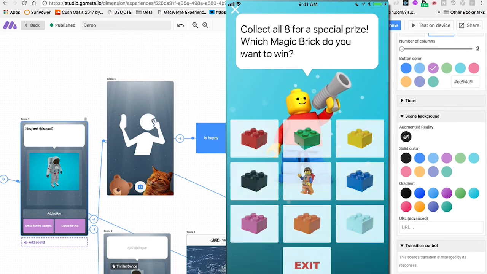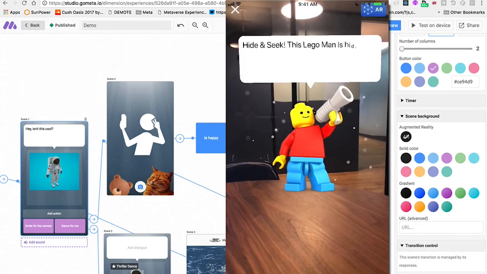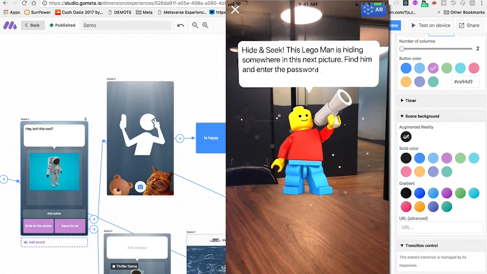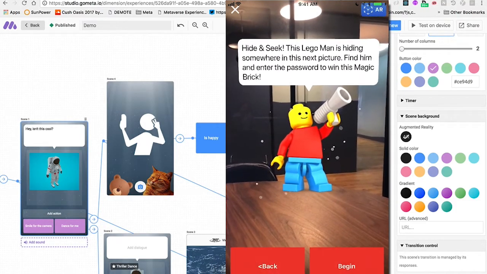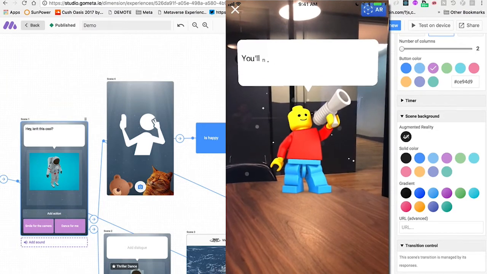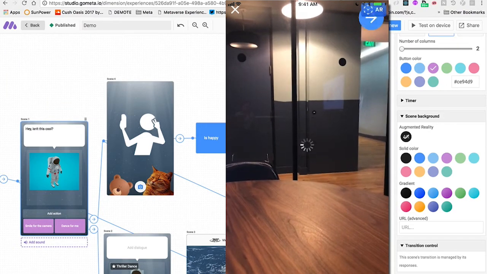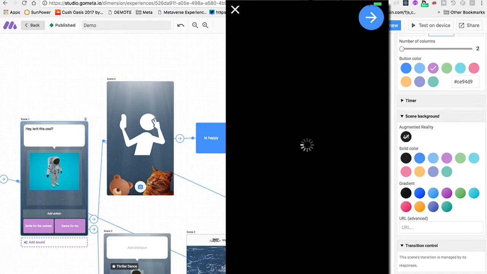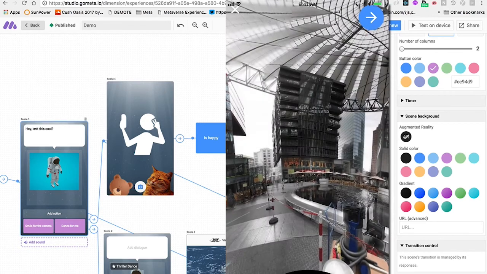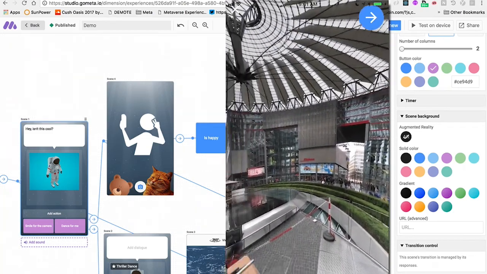And then let me try another one. And so this one says hide and seek. This Lego man is hiding somewhere in the next picture. And then it says find me and I'll give you the password. And now this uses a 360-degree photo scene. I apologize for my network being kind of slow here.